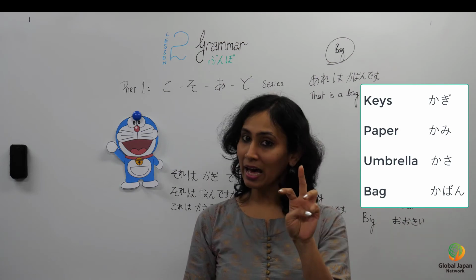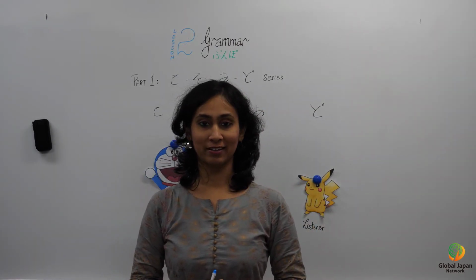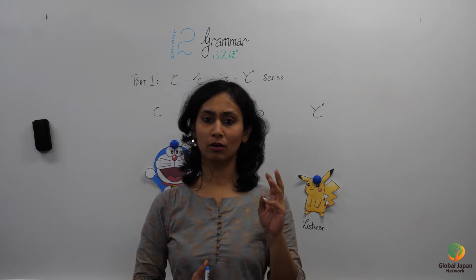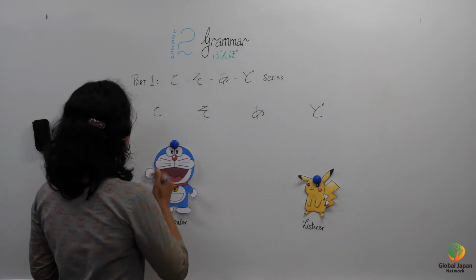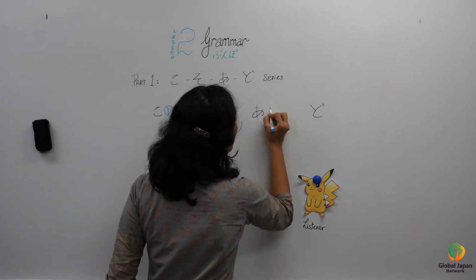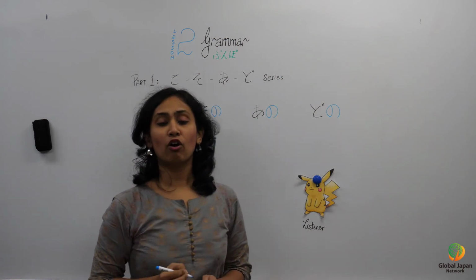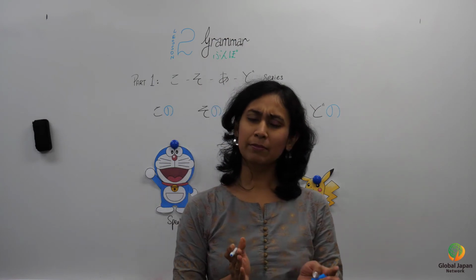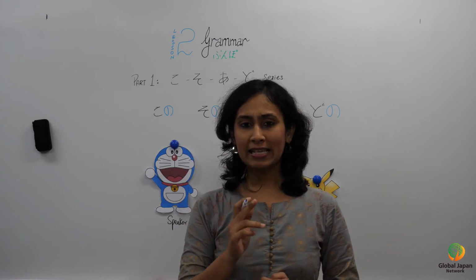sore, are. Moving ahead in the koso-ado discussion, looking at some new set of words framed by using koso-ado as prefixes. The words are kono, sono, ano, dono. The meaning of these words would be something similar to the kore, sore, dore, are discussion, except that